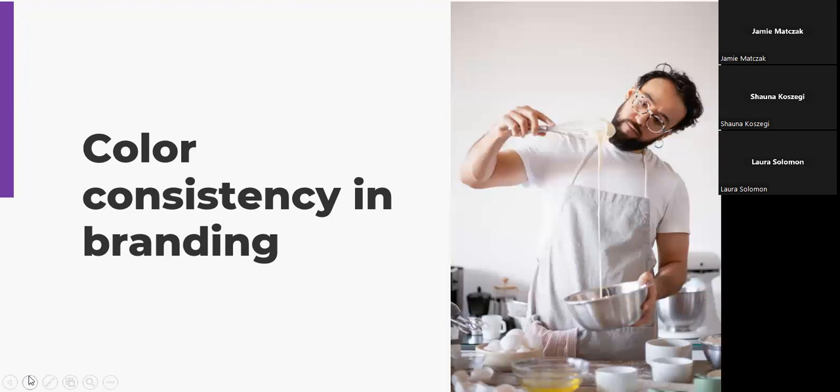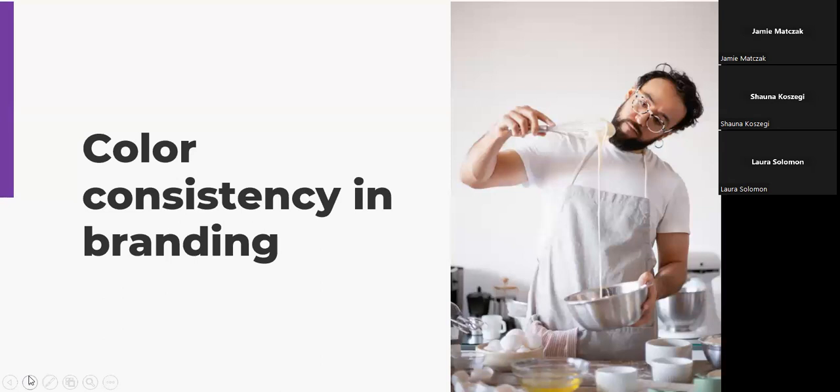So all they have is like a PNG file, which is a raster file. And they're like, here's our new logo. And usually it's somebody who designed it in-house who didn't have any professional training, and you can tell. And then they say, here are the colors, and they want the website in those colors. And then they don't really have those colors other places. And I'm not talking about just their physical building, although it's nice when you can carry that theme throughout. But sometimes on their other marketing, for those folks who are here from the marketing realm, that probably horrifies you, but it happens all the time.